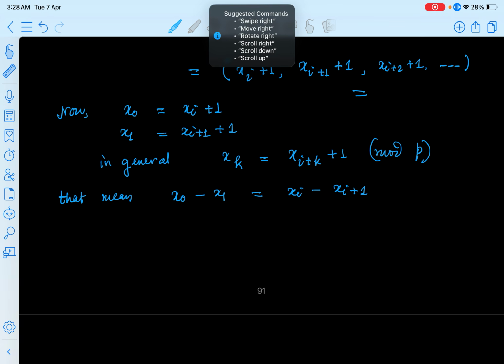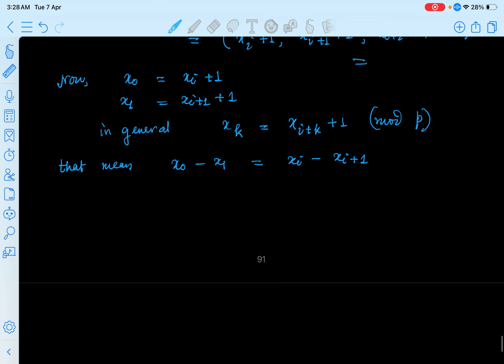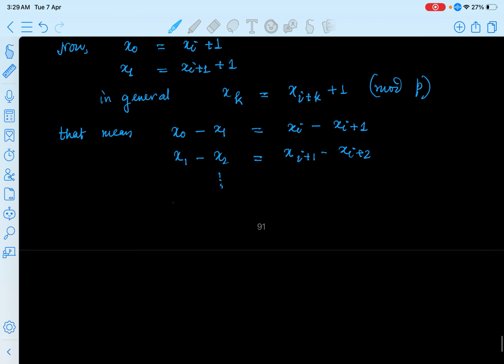Every element fixed in Sp prime is fixed by the action of the generator element in Zp. So x0 minus x1 is the same as xi minus xi plus 1. Similarly, x1 minus x2 is the same as xi plus 1 minus xi plus 2. Iterating this process, you can easily see that